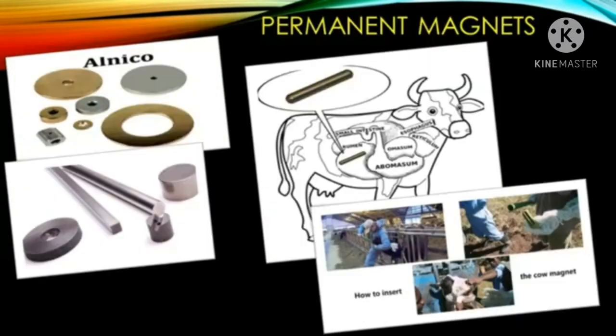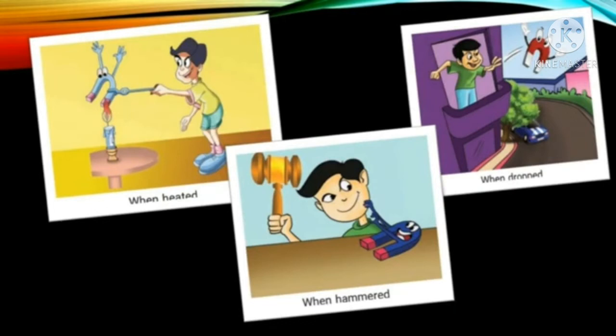Magnets lose their properties if they are heated strongly, dropped from a height, hit with a hammer, or not stored properly. Therefore, magnets must be stored with their unlike poles on the same side, with a wooden piece between them. A pair of soft iron pieces called keepers is usually placed across their ends. Magnets should be stored away from mobile phones, televisions, radios, and computers.